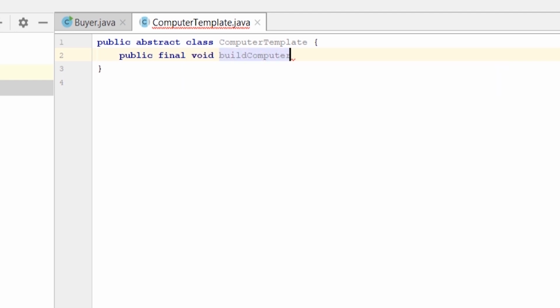We will use build computer method to process the building mechanism. Build computer is of type final so that subclasses cannot override it. Next, we will have set of steps to be followed, like collect components like RAM, fan, GPU, CPU, USB, etc. Then assemble all these components.